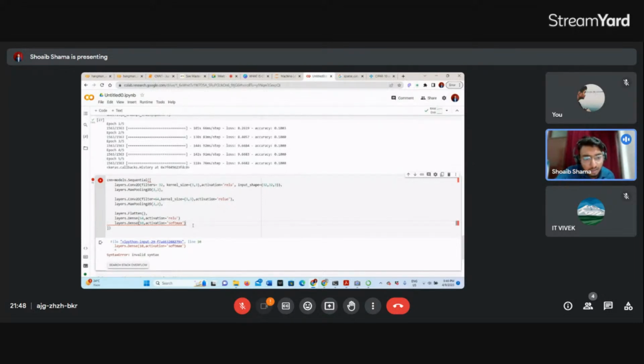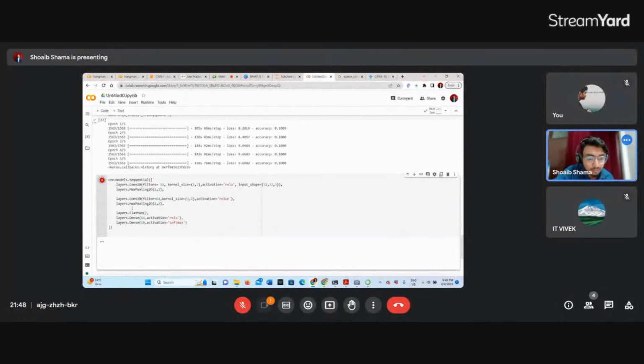Layers.Dense activation. No, I have not made any calculation mistake. Okay, this is the mistake. ReLU, ReLU, and another mistake.